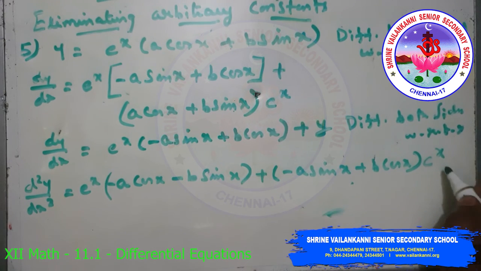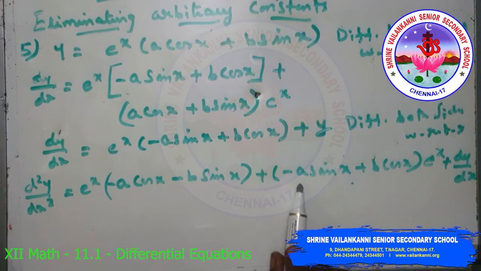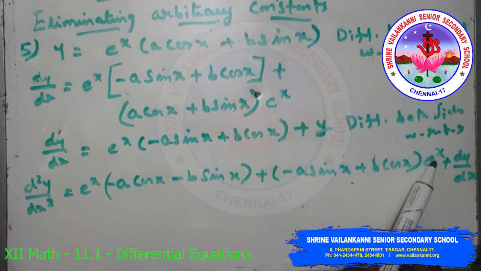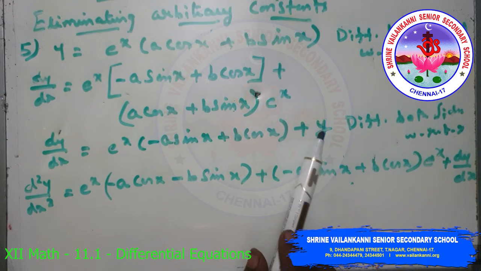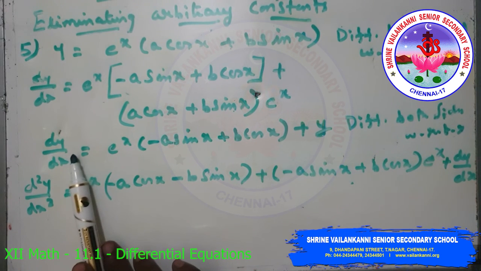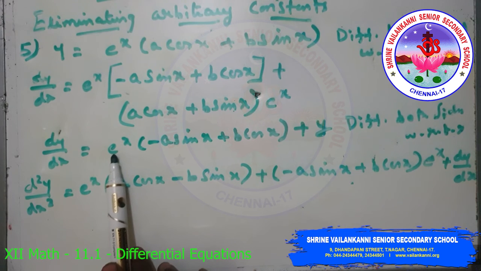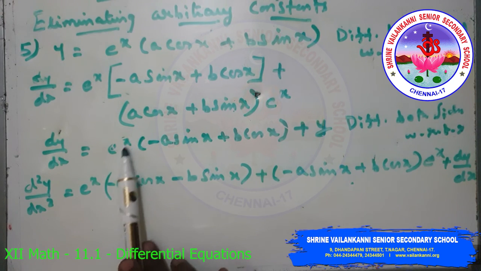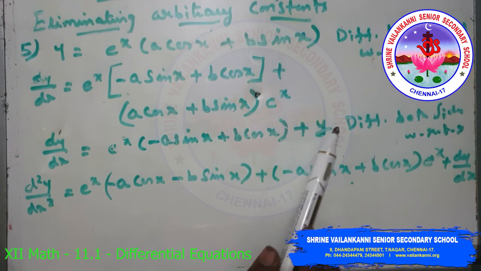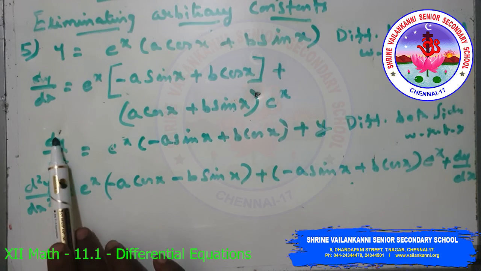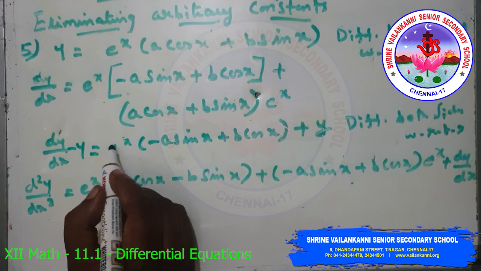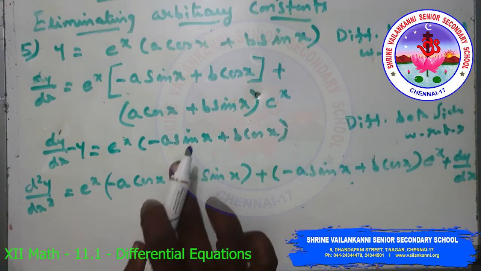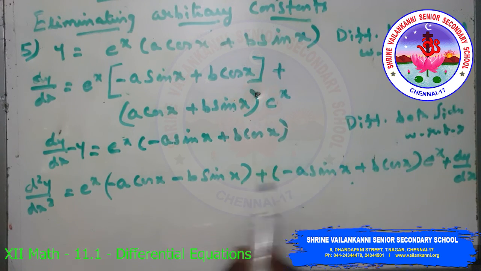So I can write this as, here, plus dy by dx. Here, (minus a sin x plus b cos x) into e power x, which is dy by dx minus y. So substituting this, e power x into (minus a sin x plus b cos x), transposing this y here, dy by dx minus y is equal to e power x into (minus a sin x plus b cos x). Substituting this here,